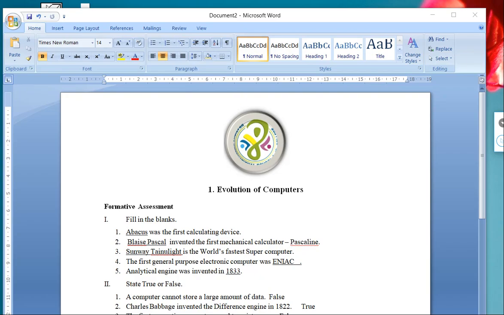Now, instead of wasting much more time on our introduction, let us begin with our lesson. That is the fourth lesson, more on Microsoft Word 2007. So, this lesson will start now.